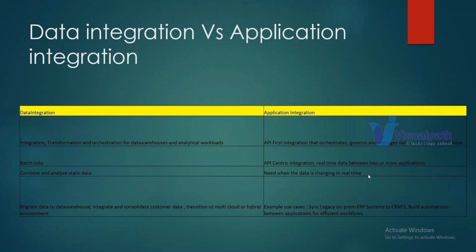So there is something called synchronous and asynchronous, where you work on the data in a synchronous mode or asynchronous mode. Synchronous means the change is happening at the very same time. Asynchronous is not at the same time. In data integration you combine and analyze your static data, and in application integration you see the data changing